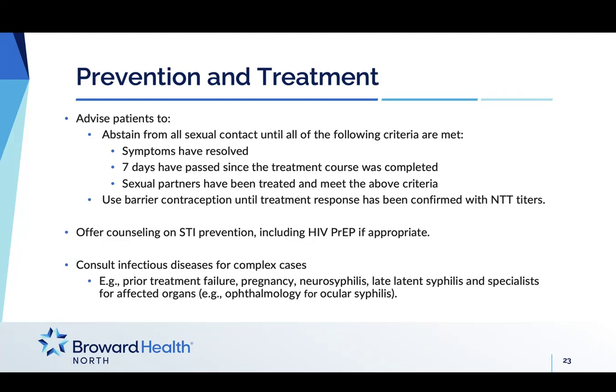I don't know if Dr. Gopal can confirm that for me, but usually about 7 days after they should be good. Also, what else? They have to use barrier contraception. If they have confirmed titers, we have to offer counseling. All this general stuff that we do